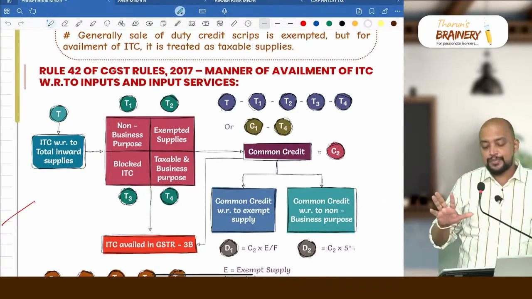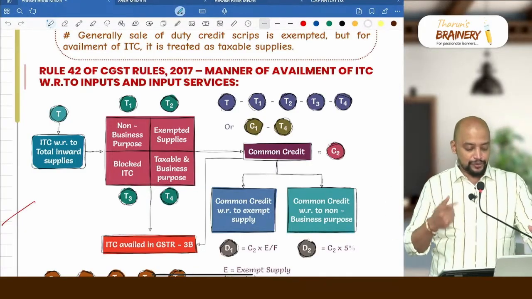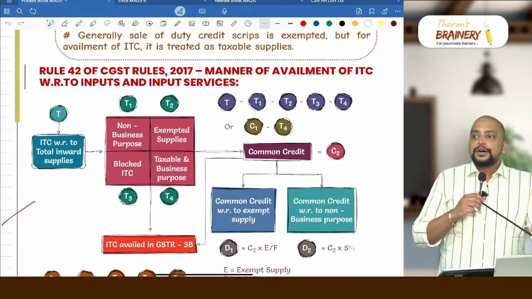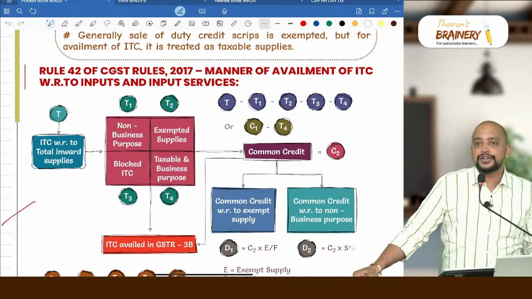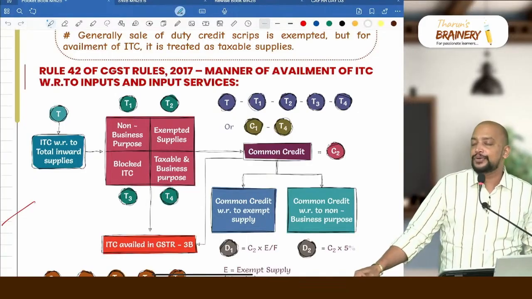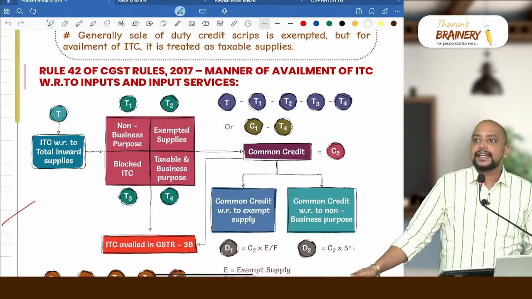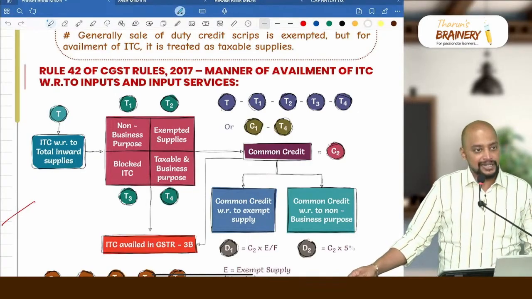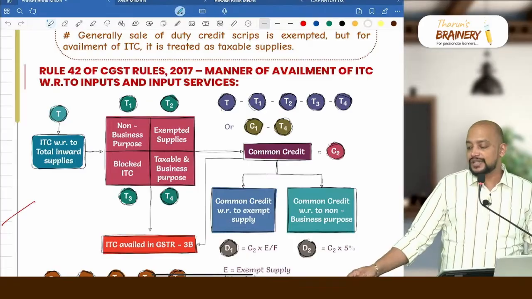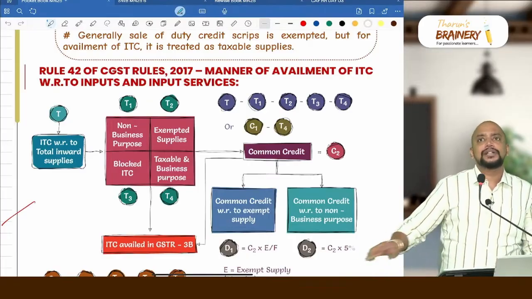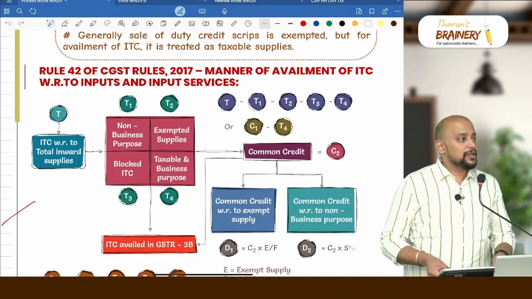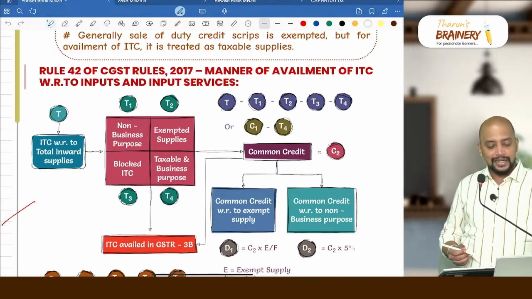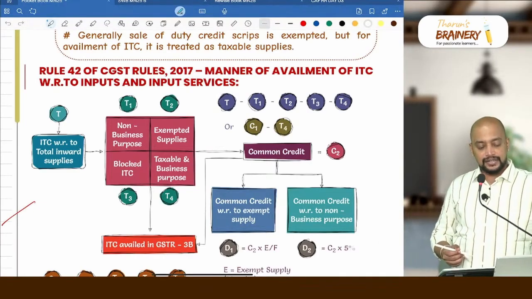So far we have seen apportionment of ITC. Now we need to move on to Rule 42. Rule 42 deals with the manner of availment and utilization of ITC in case of inputs and input services. In case of capital goods, it will be Rule 43. So for inputs, what we need to do is that first we need to see what is the total GST paid on all inputs. That total GST paid on all inputs will be denoted with T,